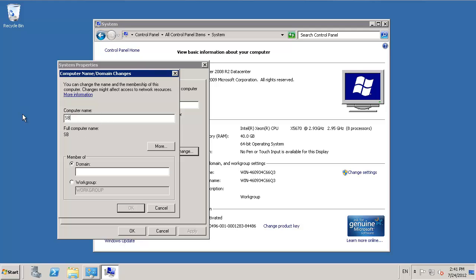So my computer name is going to be SBO Demo CL RDS 1, and my domain, you'll recall, is SBODemoCL.com, or I can just use the NetBIOS name of SBO Demo CL, and then I'll say OK,